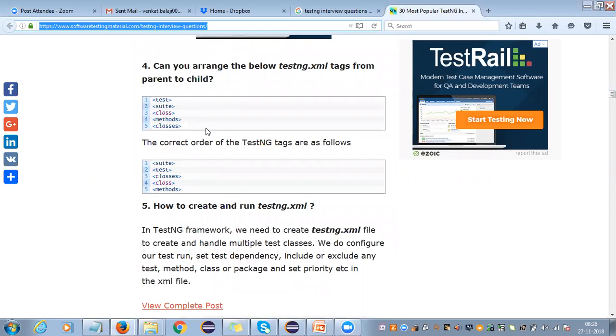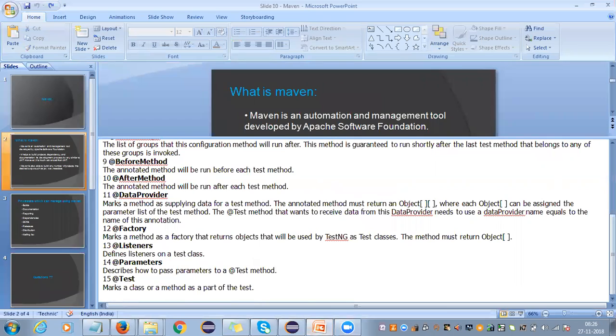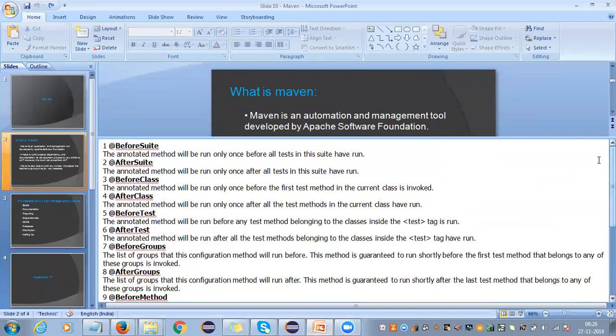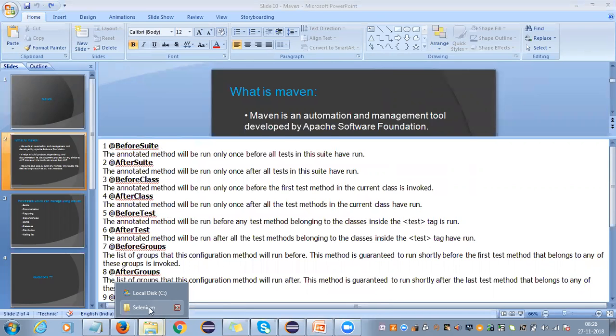And if you see the TestNG annotations, you may be asked a question. Suppose I declared at suite level, and also at class level, and I declare before test, before suite, before class, and before method. Which will be executed first? Maybe that's your question. So the answer for that is,